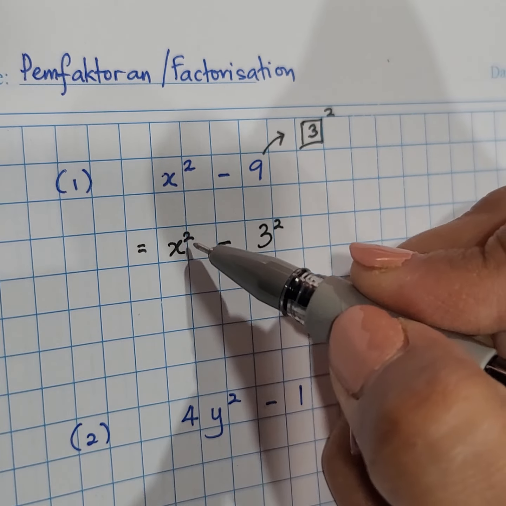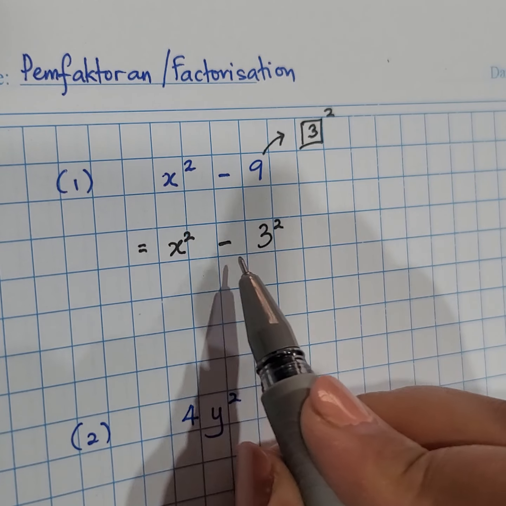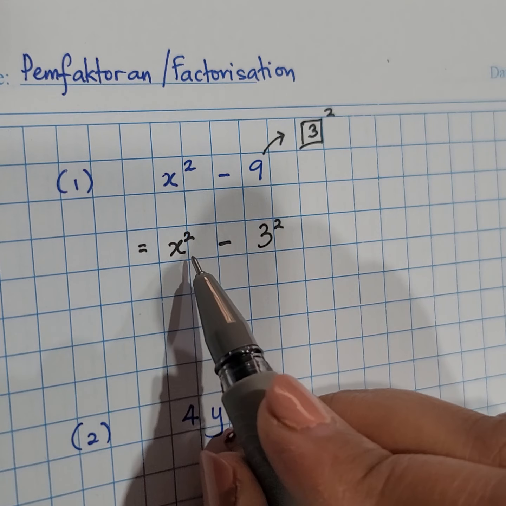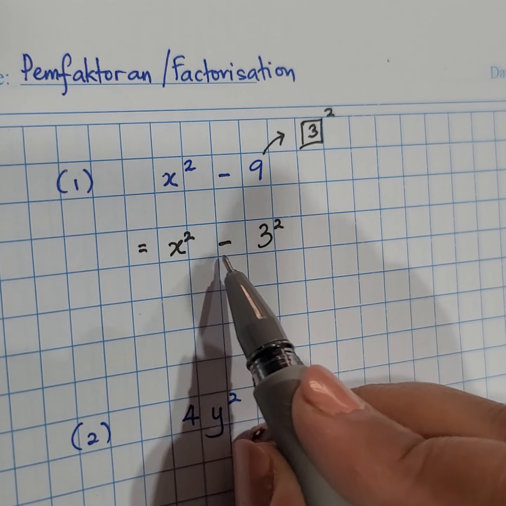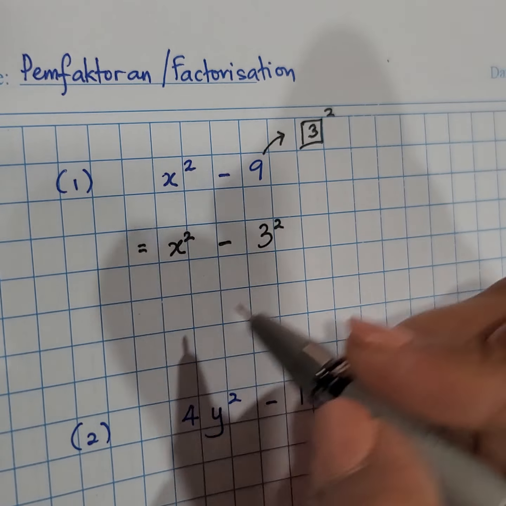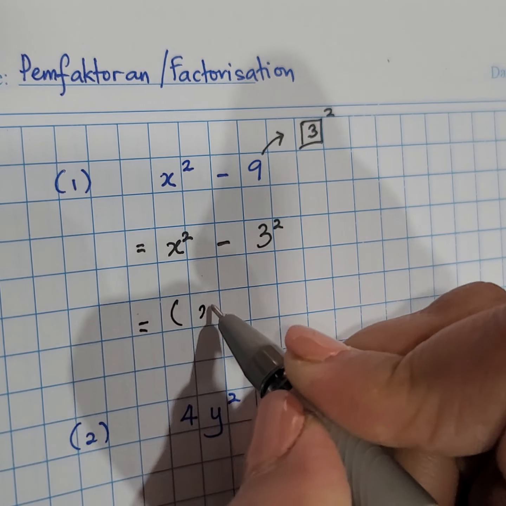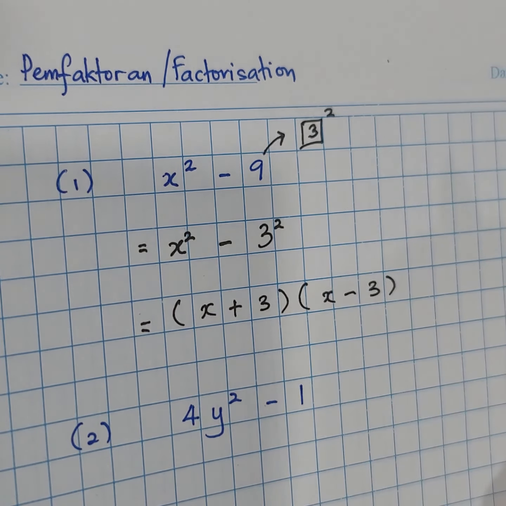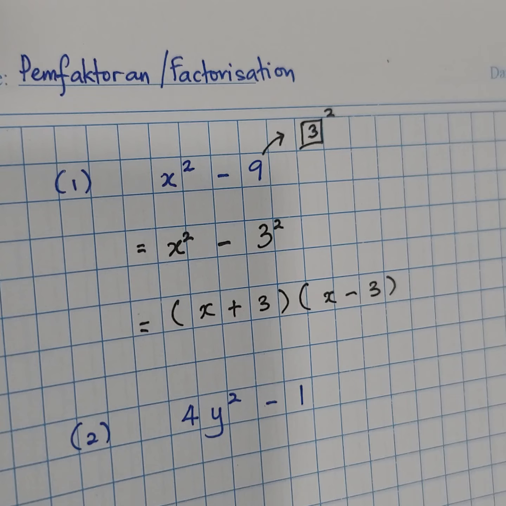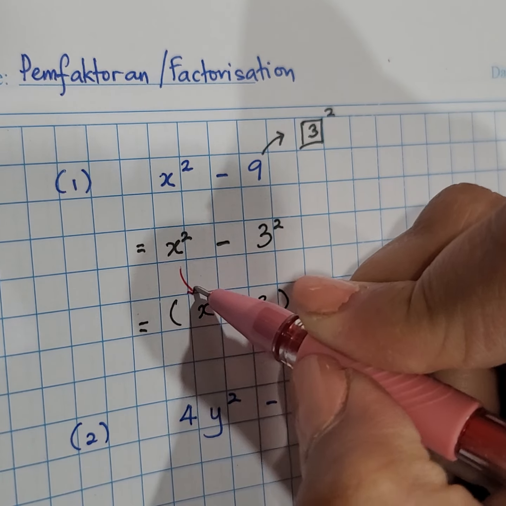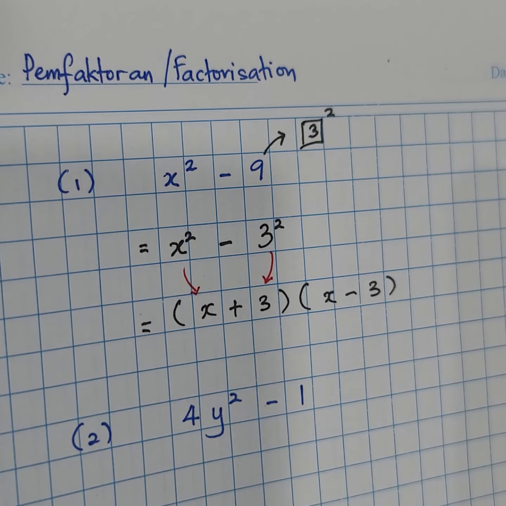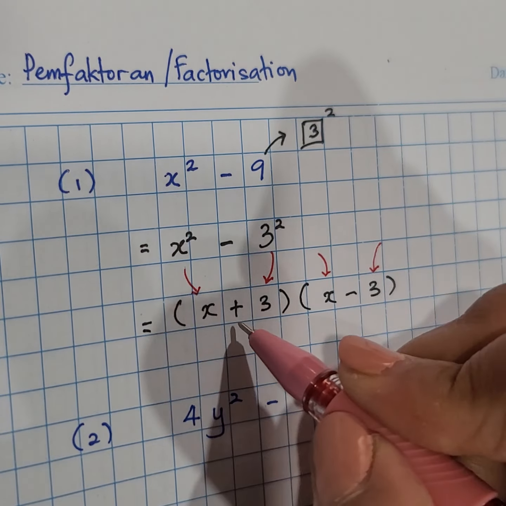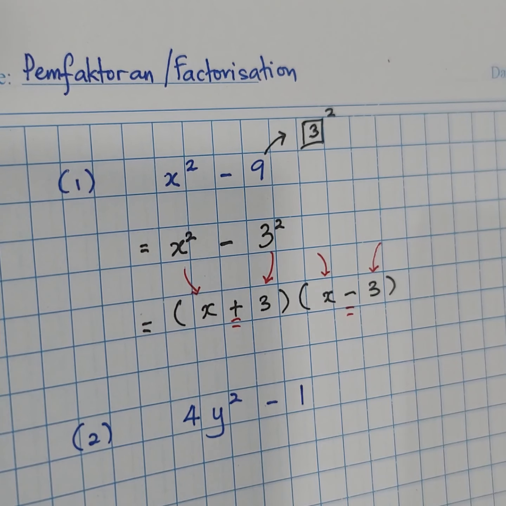Alright, so make sure both the terms have squares in them, and then this is for minus two-term factorization where both terms are squares and it's a subtraction operation. So when you get this, then you open up two brackets. One would be x plus 3 and one more will be x minus 3. So all you do here is you put each term into each bracket. So same thing, there is an x and a 3 here as well. So the only difference is one must be plus, one must be minus.